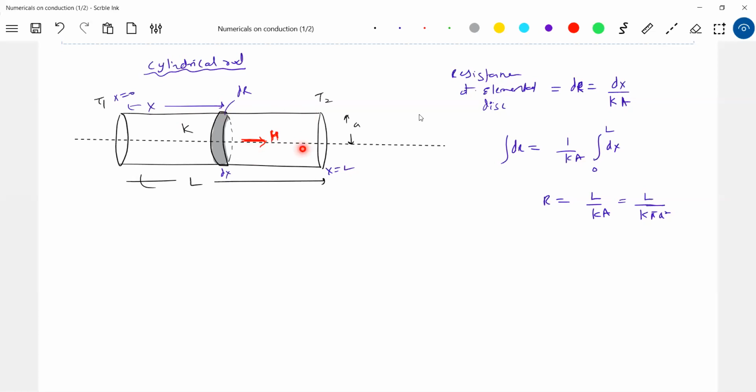Similarly here, such disks, if I join them, what do I get? I get this cylinder. So the solid cylinder we should assume to be made up of elemental thin circular discs. Such circular discs, when you add them up, you'll get a solid cylinder. This is very important. If the elemental structure you assume is correct, then it's all about assuming the limits. This material is available from x equal to 0 to L. The limits will be like that.